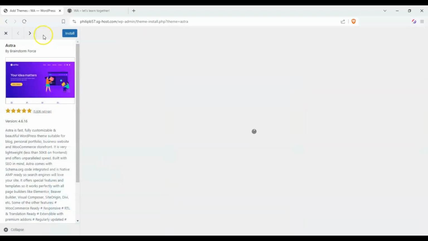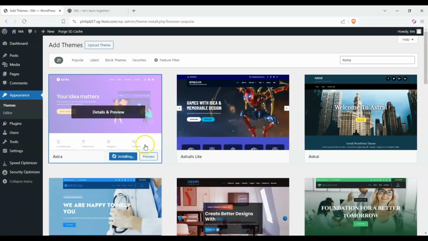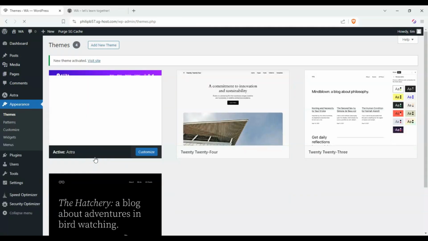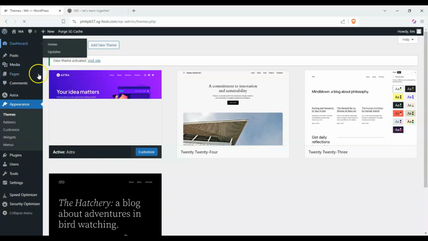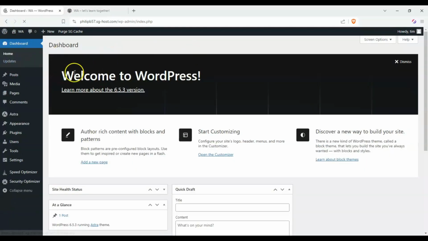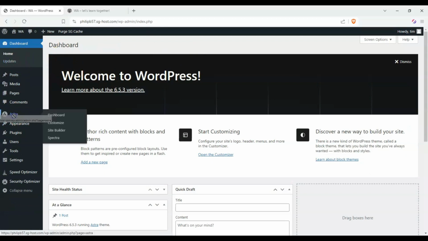Okay, it's installing. Once it's installed, we can click on Activate, and our theme is now activated. Let's refresh our dashboard over here. Let's head back to the home page of our dashboard, and we now have this Astra tab. Let's click on Dashboard under Astra,